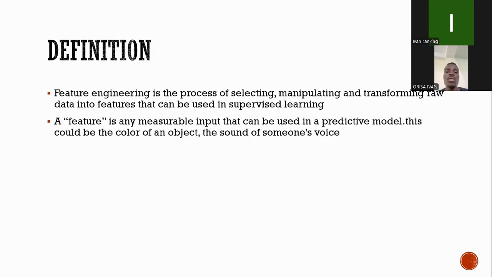to understand. So when we talk about a feature, what is a feature? A feature is like a characteristic. So a feature is any measurable input that can be used in a predictive model. Examples of features: the color of the object, the age of people, the color of people, they are blacks, they are whites, the sound of someone's voice. All those are features in data. So if we manage to extract this from a big portion of data, it is very easy for the model to understand these features, if you break the data into more understandable